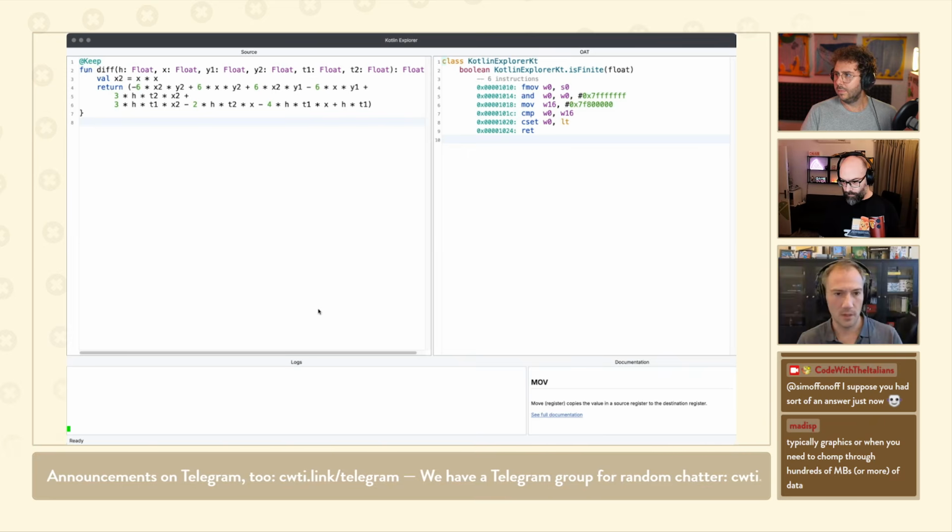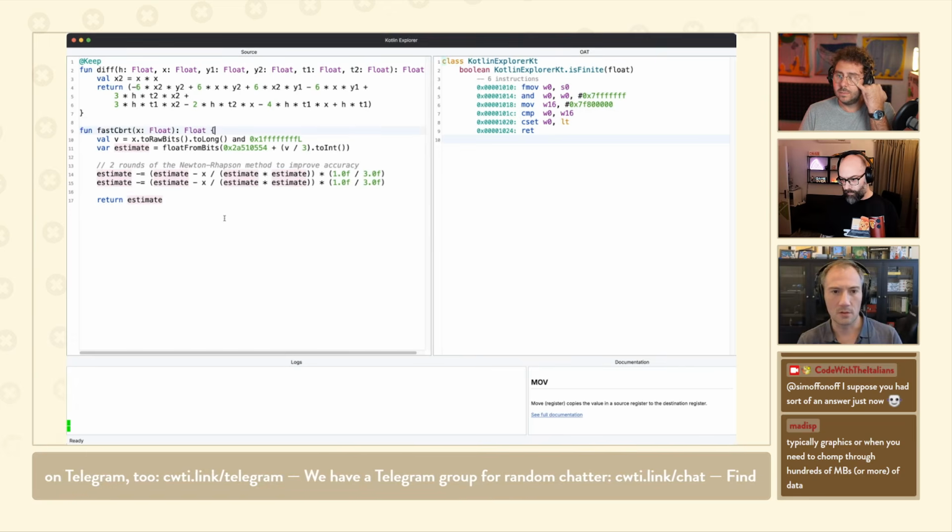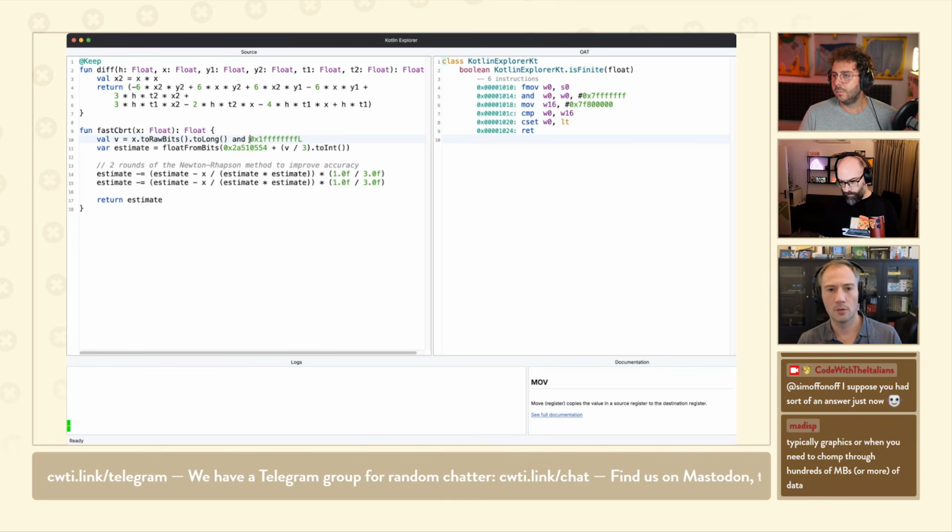So here's the code in the code base. Let me put the function declaration. So that's the code. It's the cube root of a float, right? It starts by saying, hey, give me the bits, do an AND with whatever that value is, then add this constant that makes no sense to this value divided by 3 and turn that into a float. Like, how the fuck is that, pardon my language, how the fuck is that a cube root function, right?